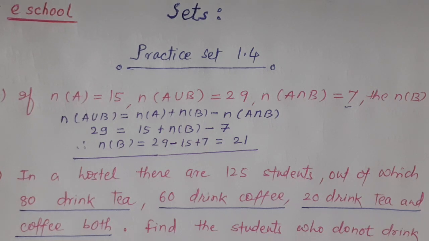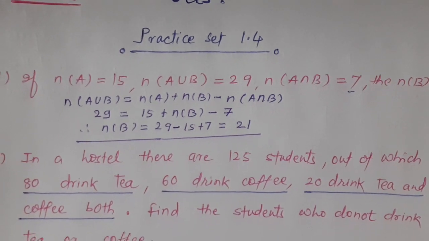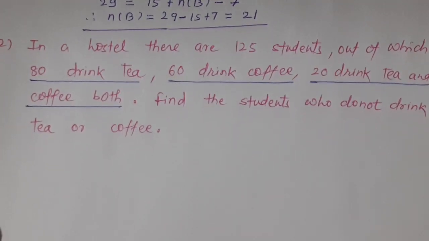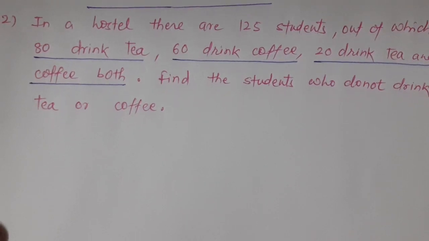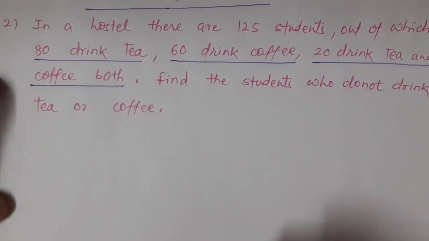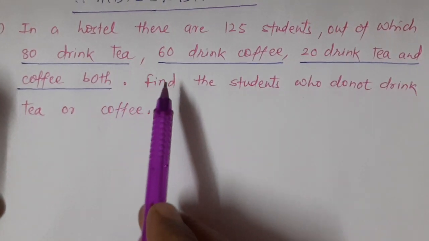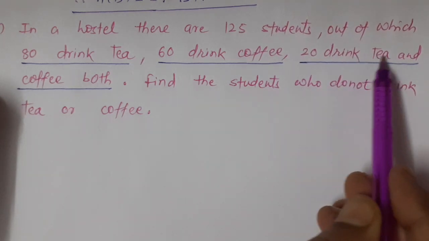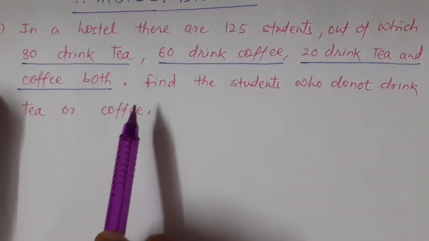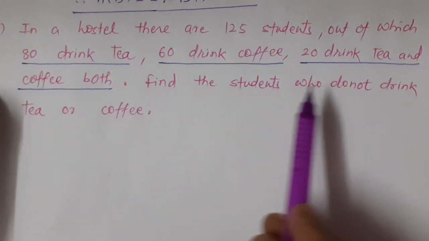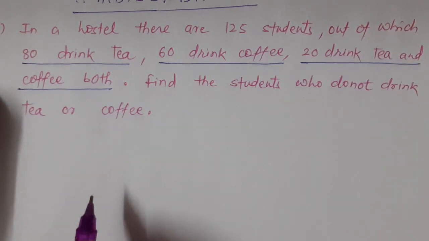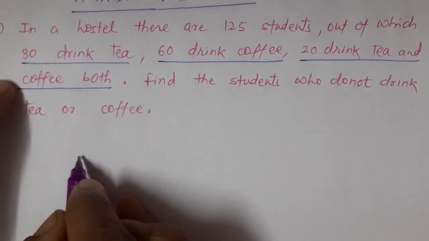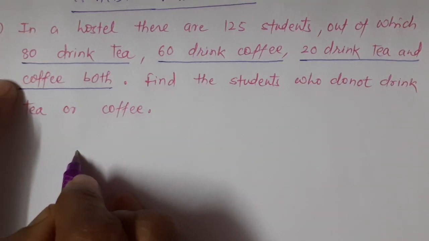Then the second example we have to see. In a hostel there are 125 students, out of which 80 drink tea, 60 drink coffee, and 20 drink tea and coffee both. Then you have to find the students who do not drink tea or coffee. So when I am calculating this, we have to draw